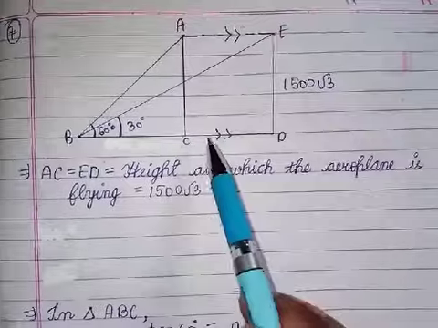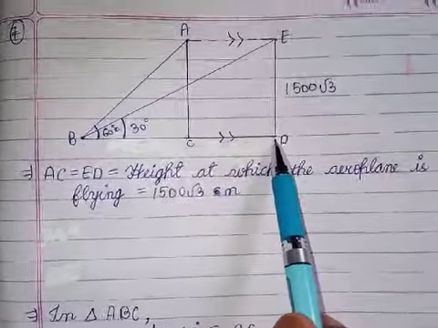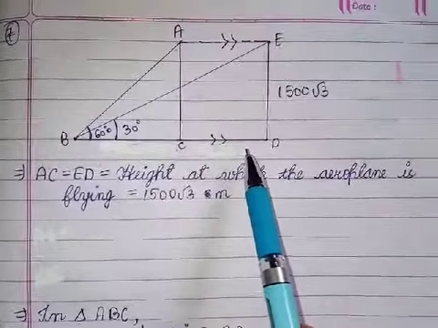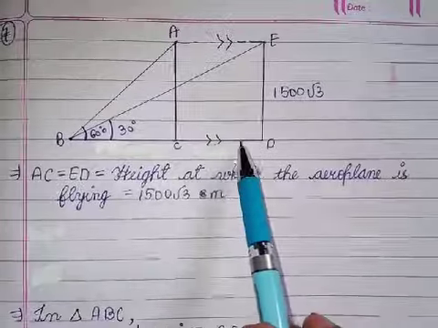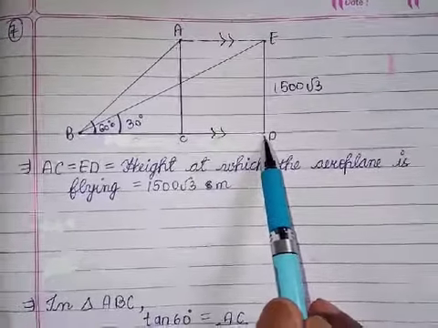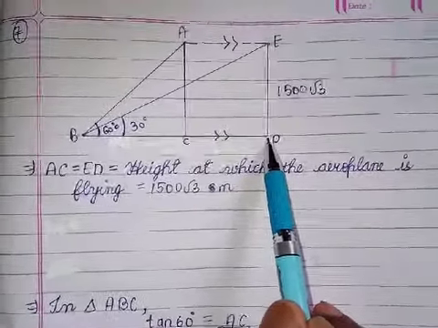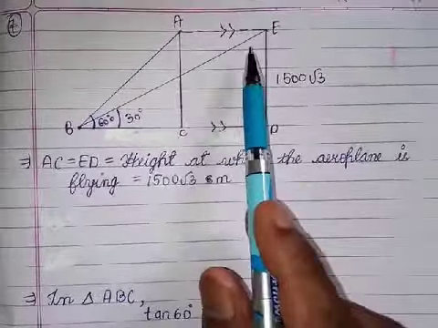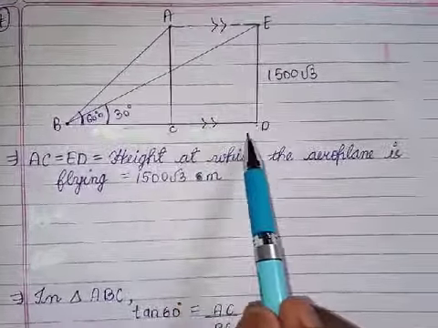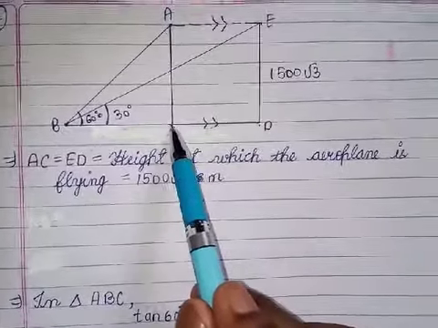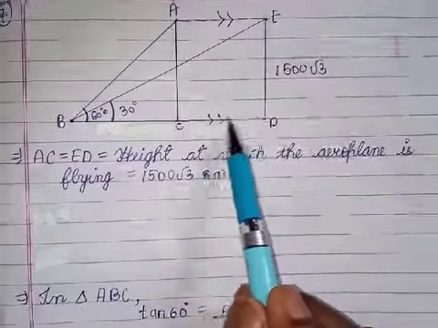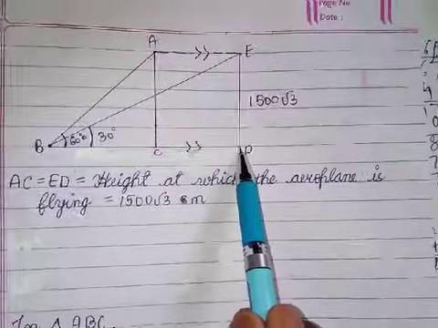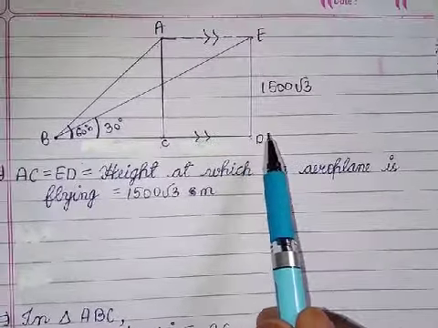So what do you have to find? You have to find the distance. How much time is taken? It takes 15 seconds to travel from here to here. So we have to find the speed. What is the speed? Distance upon time. So we have to find CD, the distance. The time is already given, 15 seconds. After finding the distance CD, the distance traveled during the time interval, we can get the speed.